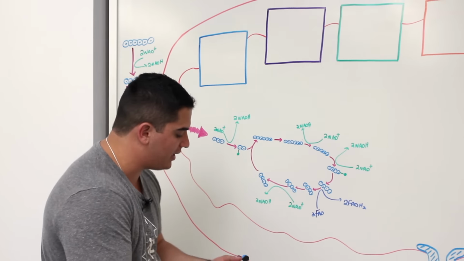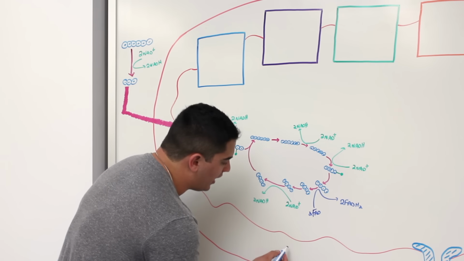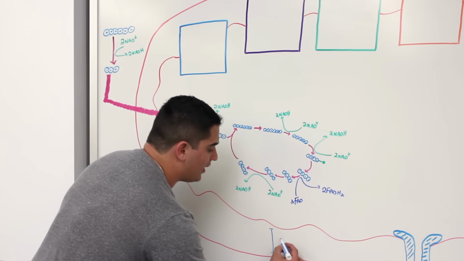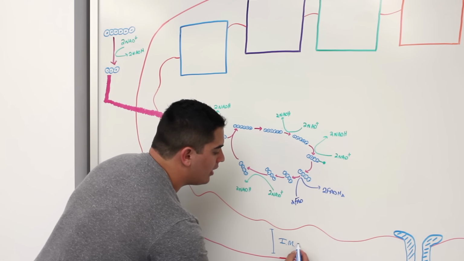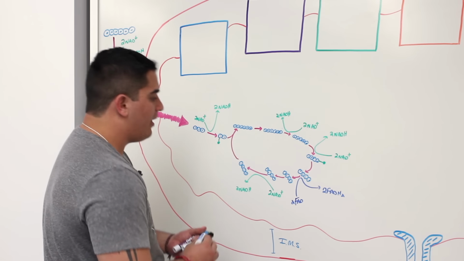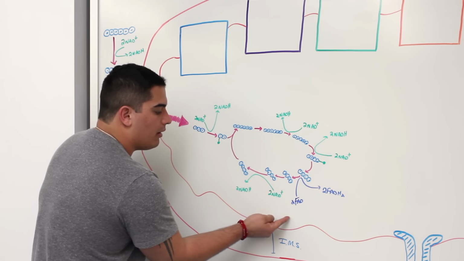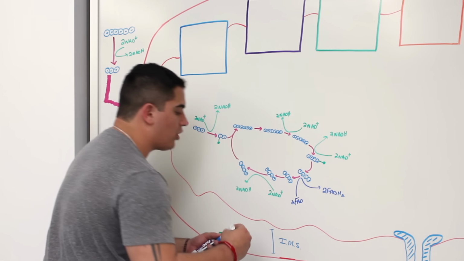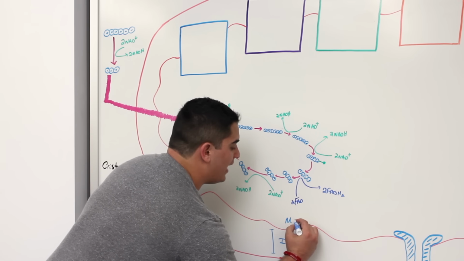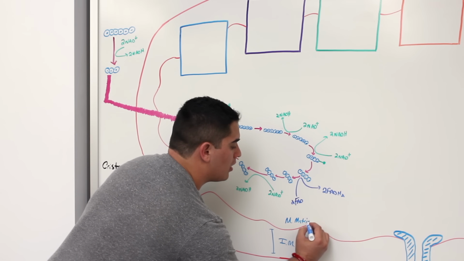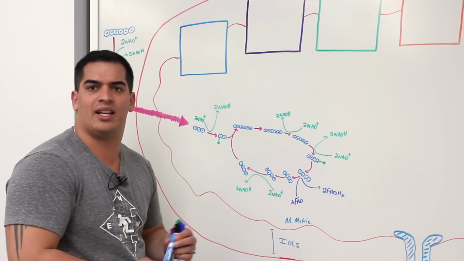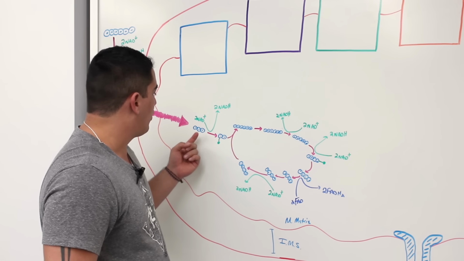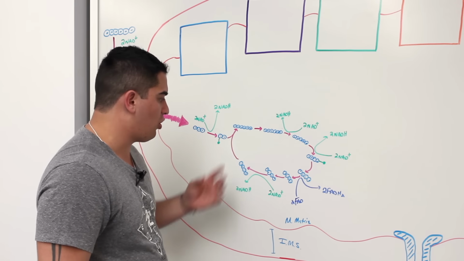And then you have this space. You see this space right here from the inner mitochondrial membrane to the outer mitochondrial membrane? They call that the intermembrane space. Then inside of the inner mitochondrial membrane, this is what's called the mitochondrial matrix. This is where a lot of the Krebs cycle activity is occurring, and a lot of stuff that you've seen in these reactions with the conversion of specifically the pyruvate to acetyl-CoA and then the Krebs